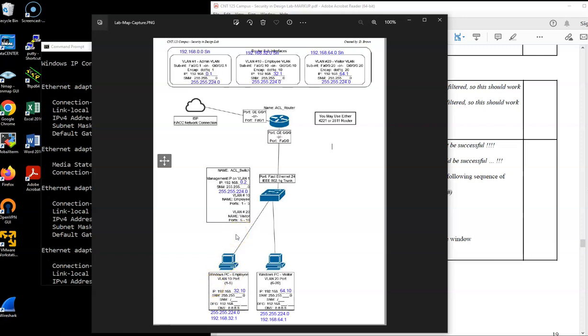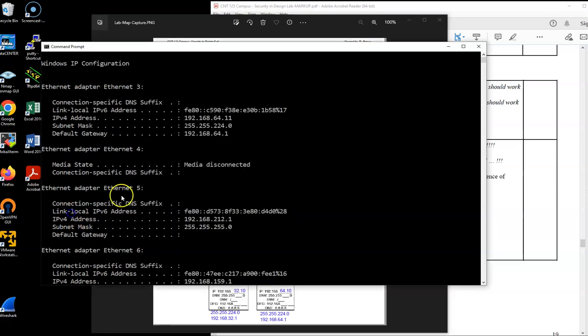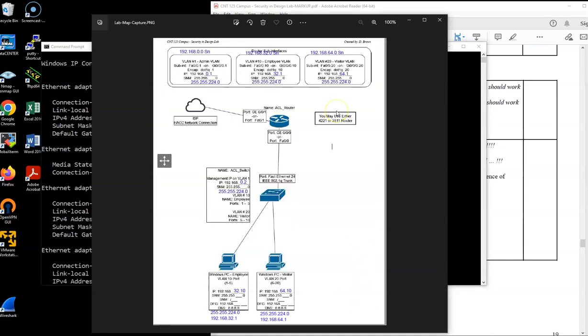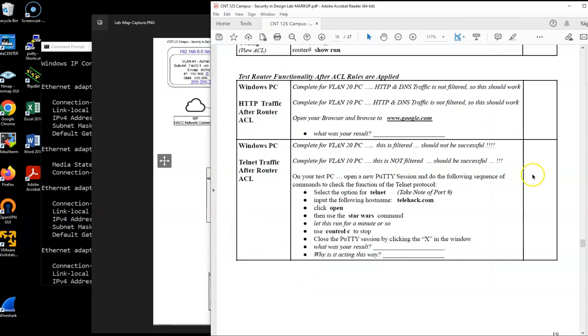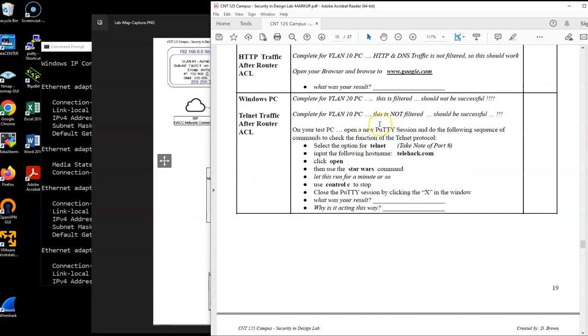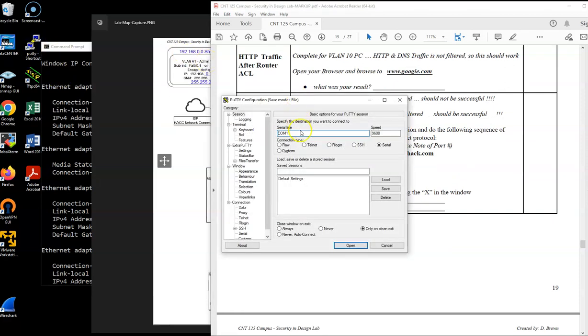Now, in between podcasts here, I took the PC I was using and moved it over to a VLAN 20 port, reconfigured 64.1 as the gateway. So I basically made the one I'm podcasting on right now an extra PC in VLAN 20, because I want to show you what actually happens when I do telnet or SSH. So if I pull up a new telnet session here to